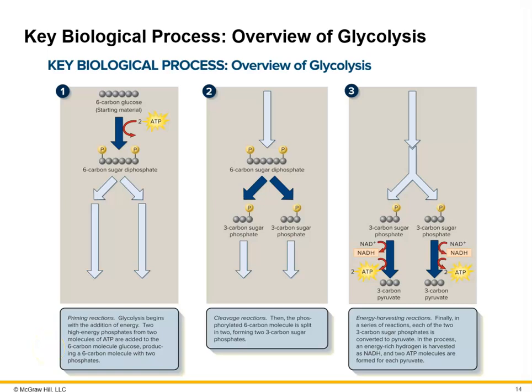So don't let this slide intimidate you, because it's a pretty good simplification of what's happening in glycolysis. We start off with this 6-carbon glucose. Yes, the molecule is more complex than this 6-carbon chain, but that's a good way to simplify it when we're trying to learn what's happening here. So we start off with our 6-carbon glucose. It's going to become these 2 separate 3-carbon sugar phosphates. So now each molecule has 3 carbons and a phosphate. Those 3-carbon phosphates are going to